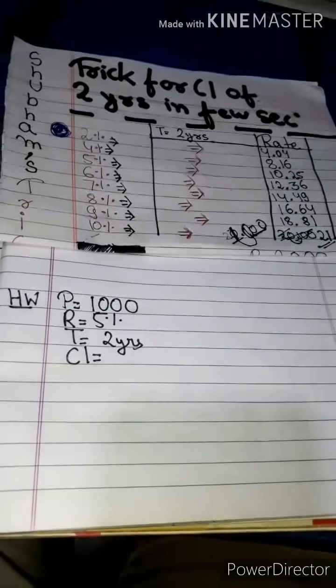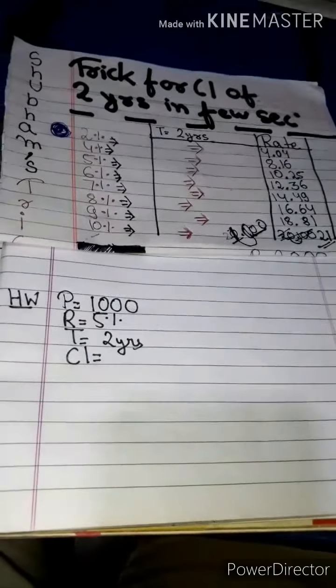What is the formula of SI? It is P into R into T by 100. From this formula we will solve it. Let's see the CI. First P into, we have done rate into time, so put that conclusion there. We do not have to remember this; you will understand it first. It's not too hard.